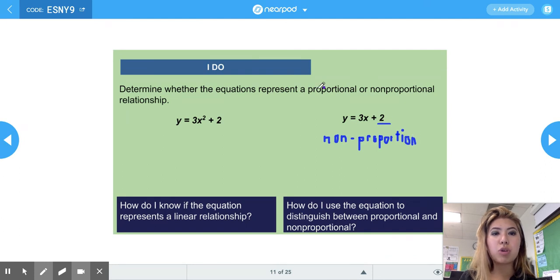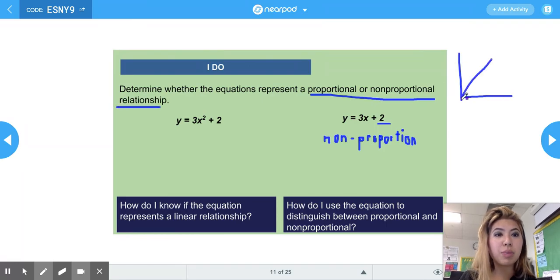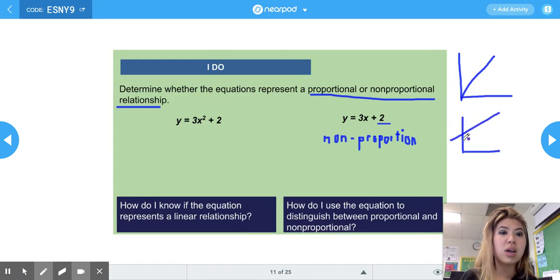Proportional and non-proportional relationships are linear relationships because when we graph them, this would be a proportional relationship because it goes through the origin and it's a straight line. And this would be a non-proportional relationship because it has a y-intercept, but it's a straight line. So both proportional and non-proportional relationships, whether they're in the form of y is equal to k times x or y is equal to mx plus b,